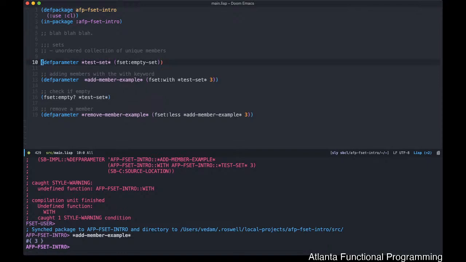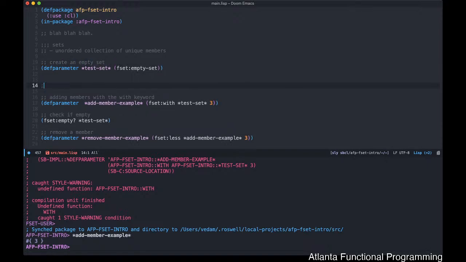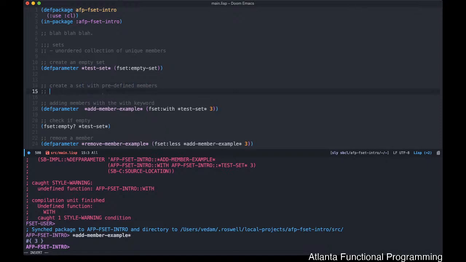the declaration and definition of your variables, and then just use the exposed API from FSet itself to actually create your variables and so forth. Just another construction. Create empty set here and create a set predefined. And the way you do that